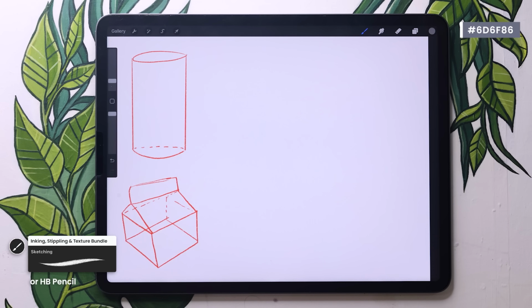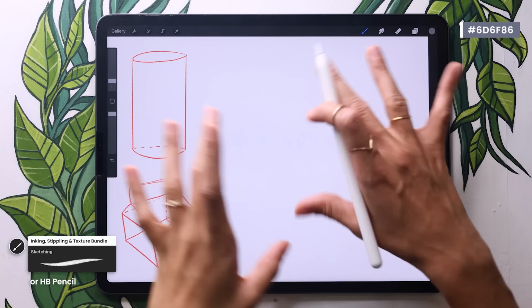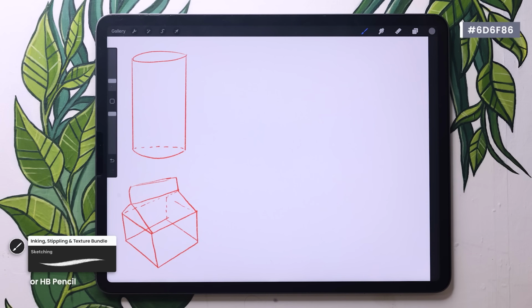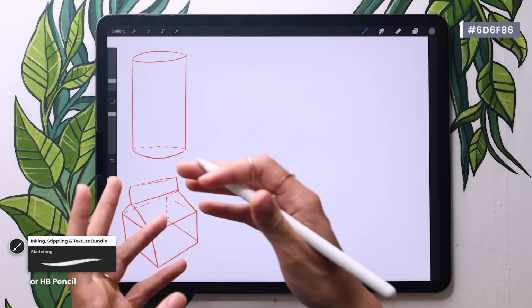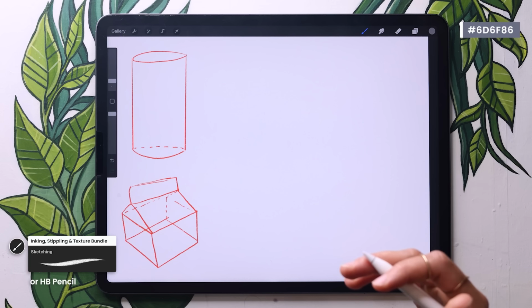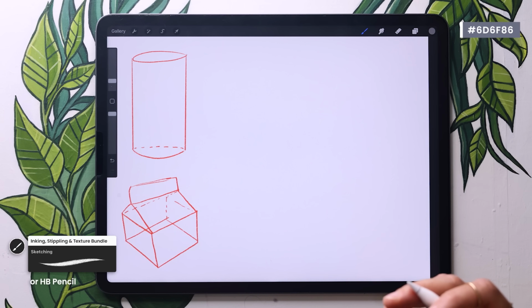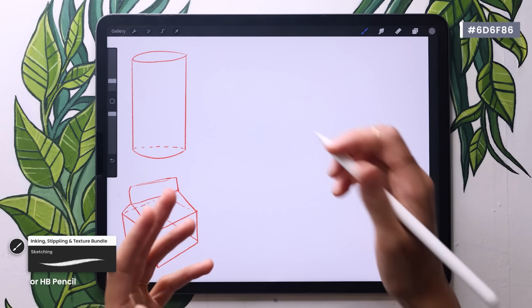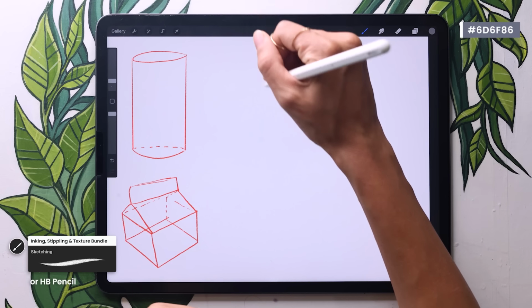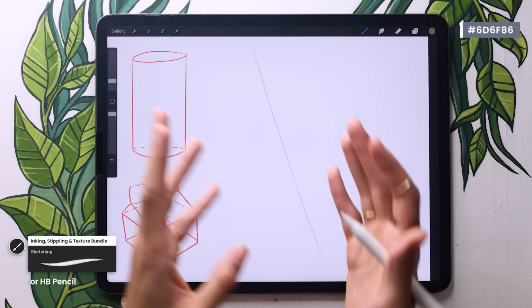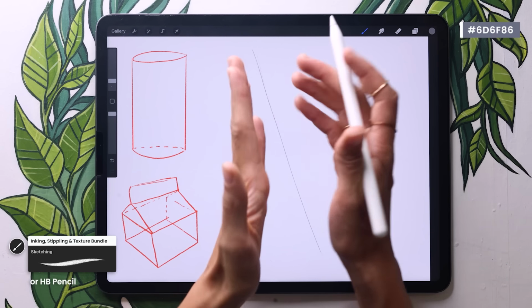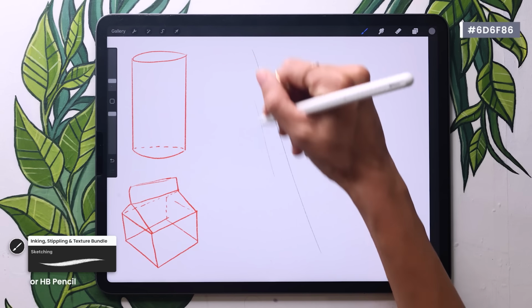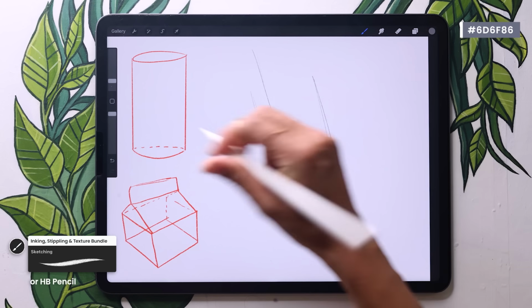So here I'm just going to start with roughly deciding what I want my character to be doing. I already have the sketch and I ran it through Instagram as I told you, and so my soda can is actually just walking kind of casually down the sidewalk and sipping on a soda can. Why not? So I'm going to have kind of a fun angle like this. It's kind of leaning back a little bit, and so my whole shape here is going to be at that angle. So I'm going to go ahead and draw this side of my can here,